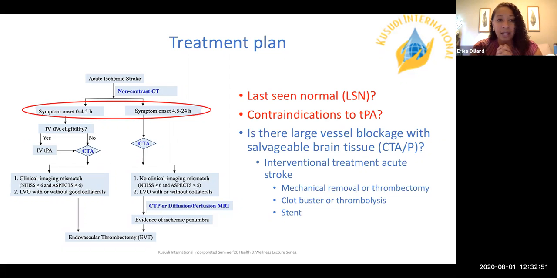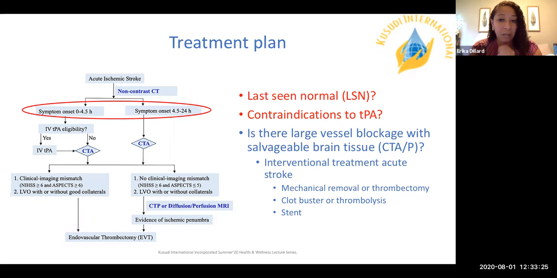Outside of TPA or clot buster, you might want to make sure that you have some additional studies. If you are thinking that this patient is having a stroke, you need to know what the blood vessels look like. Very similar to that scan that I showed you earlier, your neurologist will probably order something called a CTA. That's going to shoot dye into your IV and light up the vessels in your brain, so you'll be able to point out where the blockage possibly is.